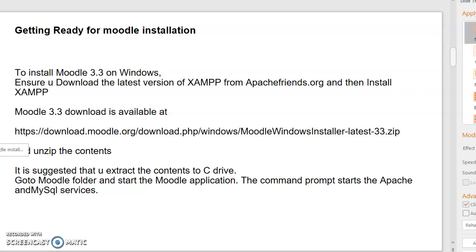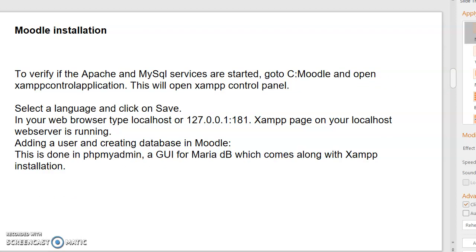It is suggested that you extract the content to the C drive. Go to the Moodle folder and start the Moodle application. The command prompt starts the Apache and MySQL services. To verify if the Apache and MySQL services are started, go to Moodle and open the XAMPP control application.